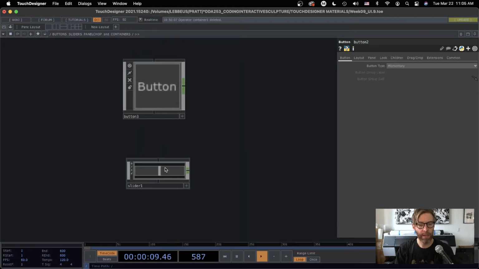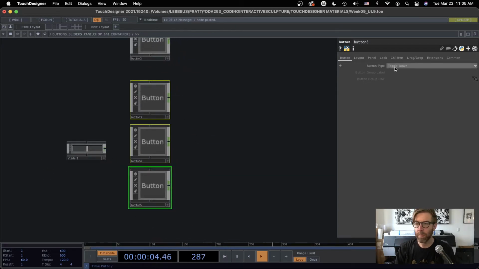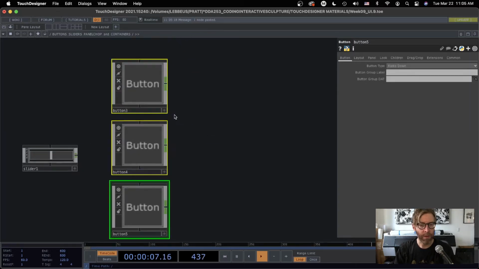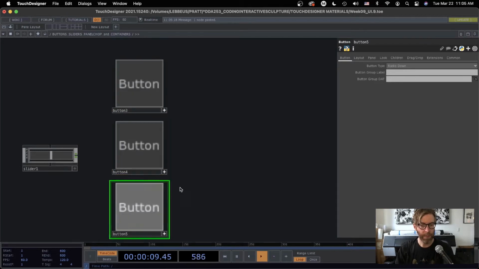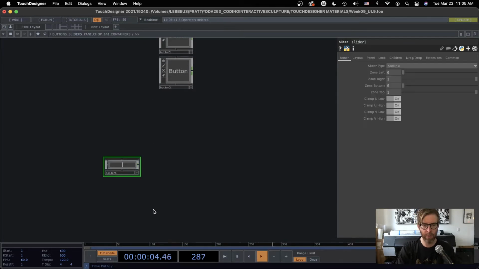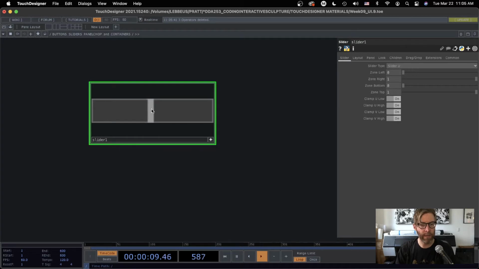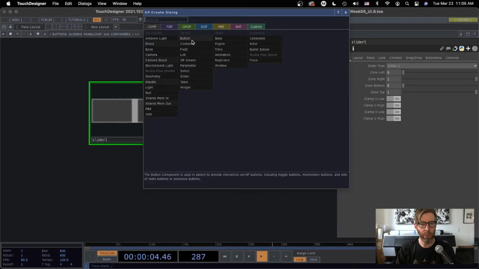And then the last really useful type, we'll look at a few other demos on this, would be a radio button. So all three of these have radio down button type, and that means it's kind of an exclusive thing. So if I click one, that deactivates the other one. But we'll look at that more in another place. And then the slider, activate it, right? By default, we've got just a horizontal slider in the normal